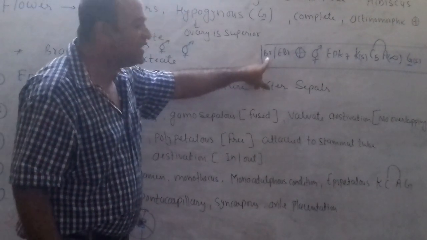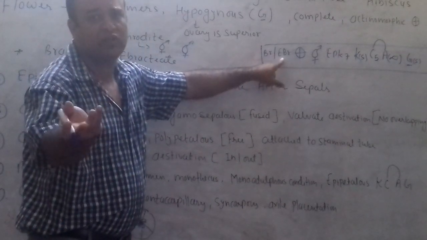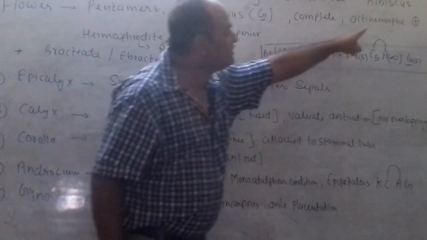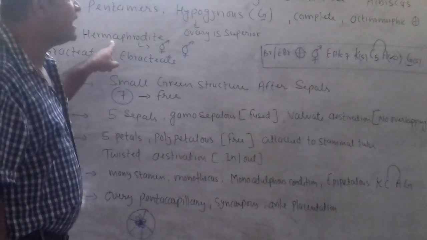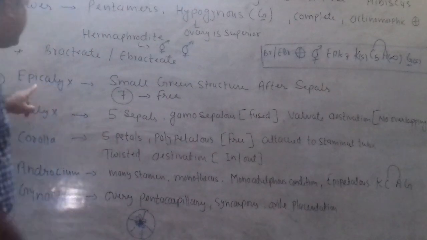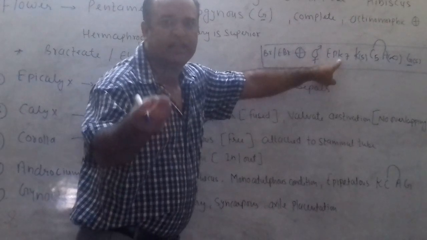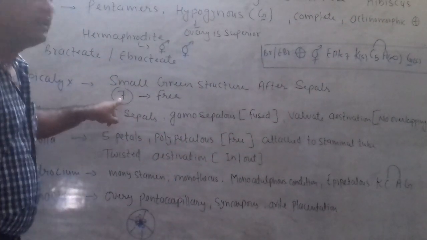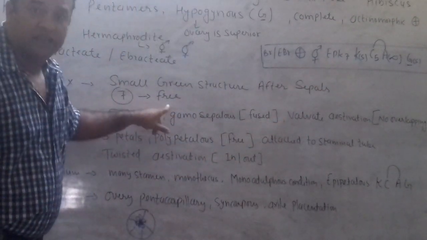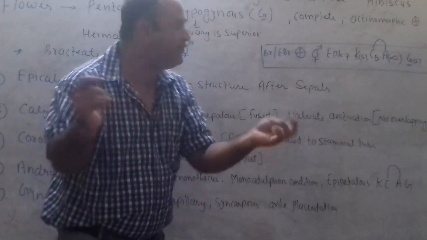Let's look at it. If bracts are present, we will simply write Br. If bracts are absent, we will write Ebr. There is no problem. We said the flower is actinomorphic. This is the sign of actinomorphic. We said the flower is hermaphrodite, that means the flower is bisexual. We said we have epicalyx. And what is the symbol of epicalyx? Epk. How many are they in number? 7. So we write 7. I wrote it free, that means they are free. I did not put a bracket around this 7, that means they are free.